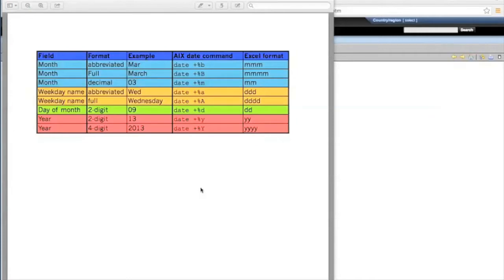Today, I'm going to look at how to display the date in a format that you want, both on the AIX command line and within a spreadsheet. I'm using Microsoft Excel as my spreadsheet program. Other spreadsheet programs use similar approaches. So first of all,